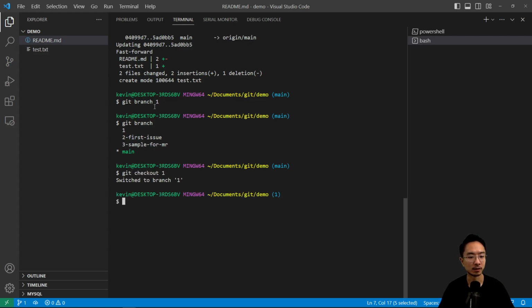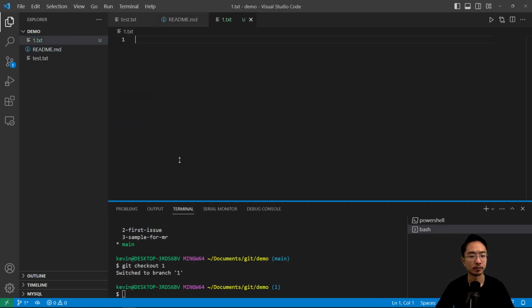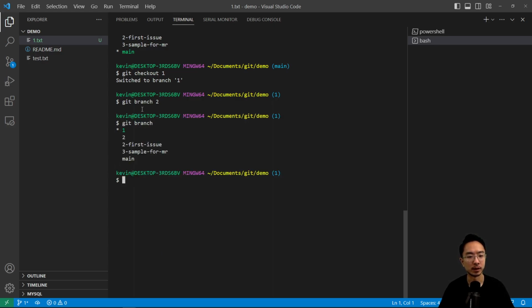So inside here, maybe I'll add a new file called 1.txt. And then now I'm gonna say git branch 2. So now I have a branch called 2. So if I do git checkout 2,